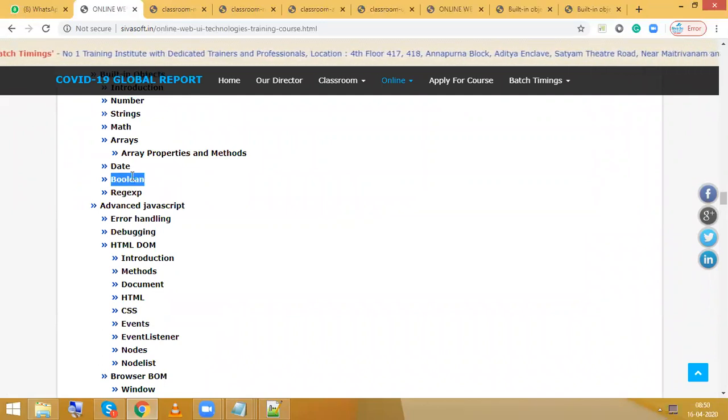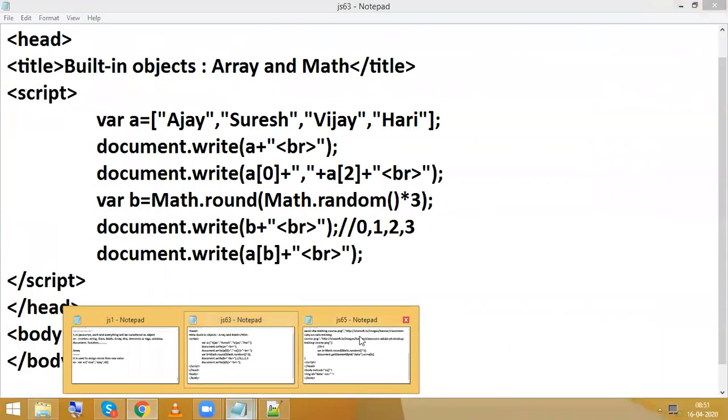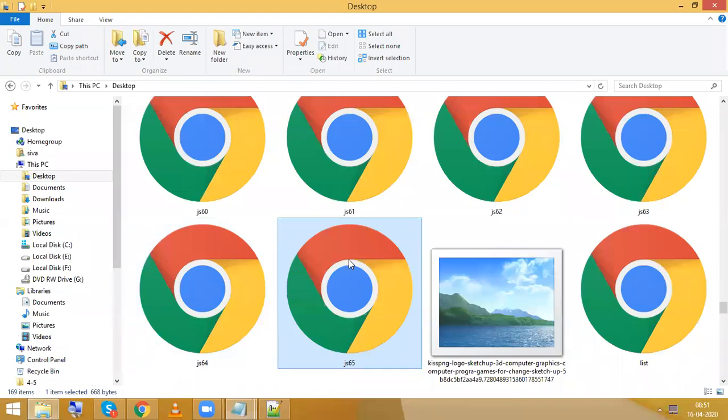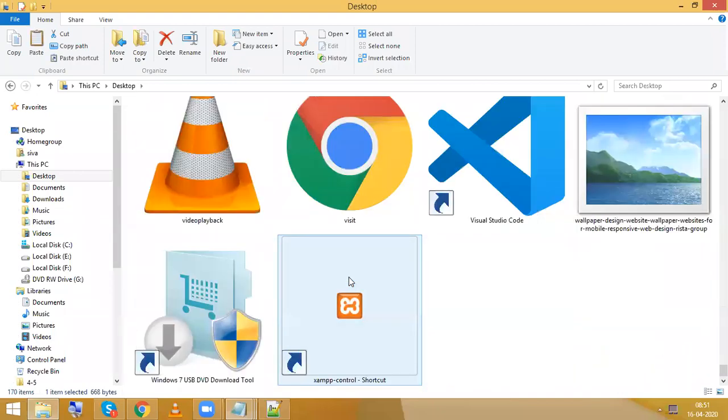Okay. Regarding the Boolean object, it is nothing but yes or no, nothing but true or false. So here we are having some predefined booleans. Okay, so we'll try with that. So this is just a predefined program which has some true false like that.